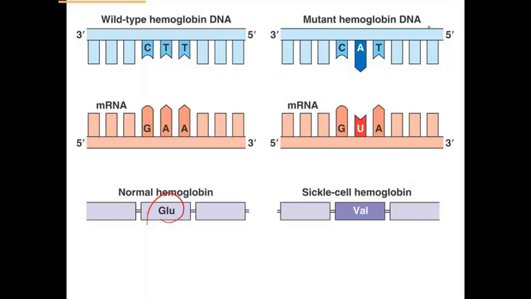Now if you look at a person with sickle cell hemoglobin, instead of the original CTT, they have CAT, C-A-T. One letter difference, but that one letter makes the RNA also different, and in this case, it creates a different amino acid, valine, and that valine, even though it's only one amino acid out of like 400 that hemoglobin has, creates the deformed shape. So one letter can make a huge difference in the life and the health of that individual.